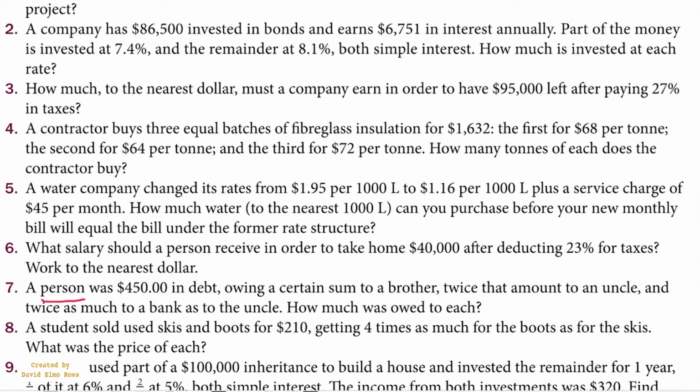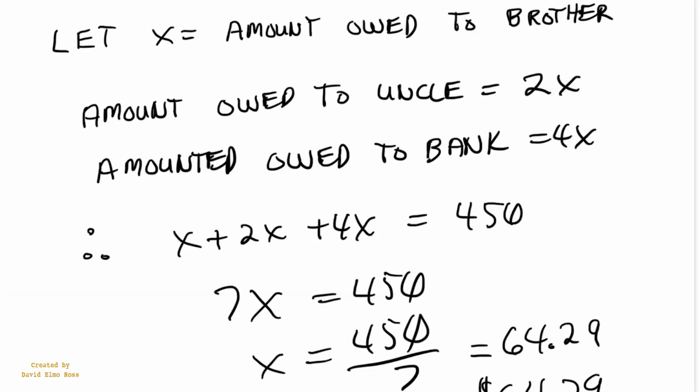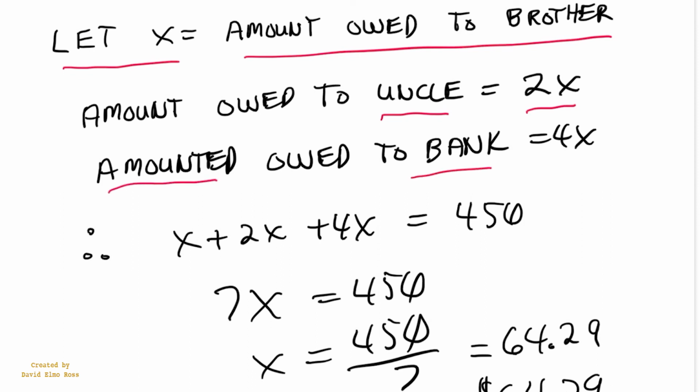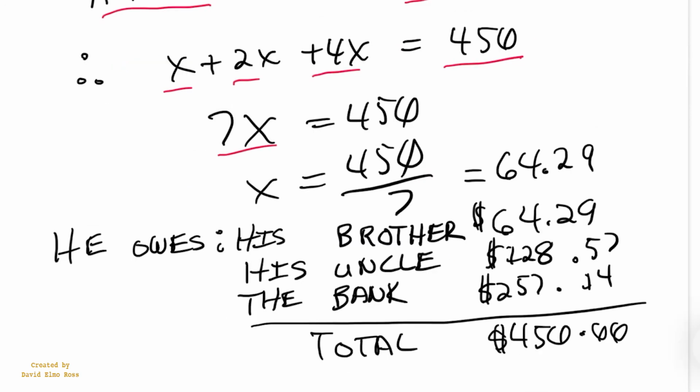Let's take a look at this problem. A person is $450 in debt, owing a certain sum to his brother, twice that amount to an uncle, and twice as much to the bank as to his uncle. How much was owed to each? So let's let X equal the amount owed to his brother. The amount owed to the uncle is 2 times what he owes to his brother, and the amount owed to the bank is 2 times what he owes his uncle, so that's going to be 4x. So x plus 2x plus 4x equals 450, 7x equals 450, so x is going to equal